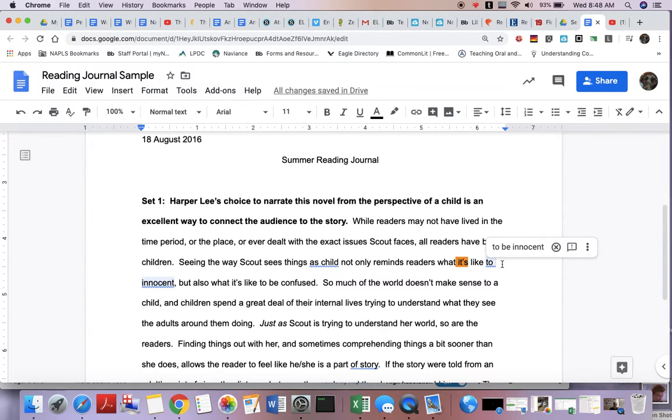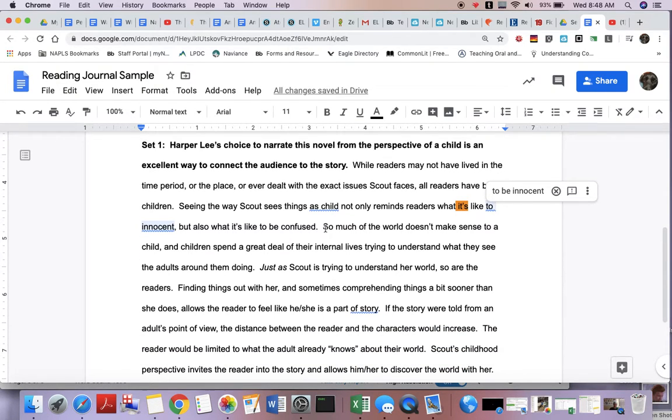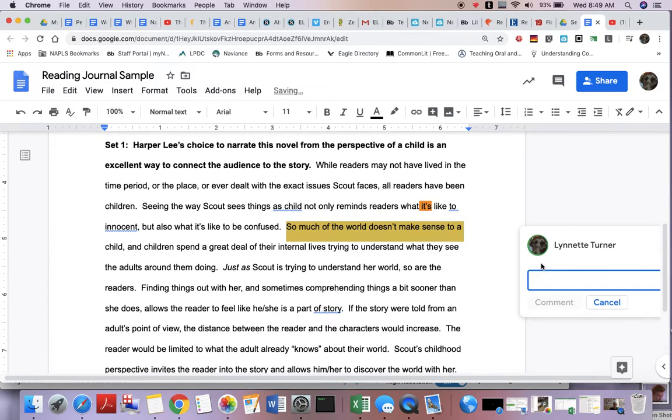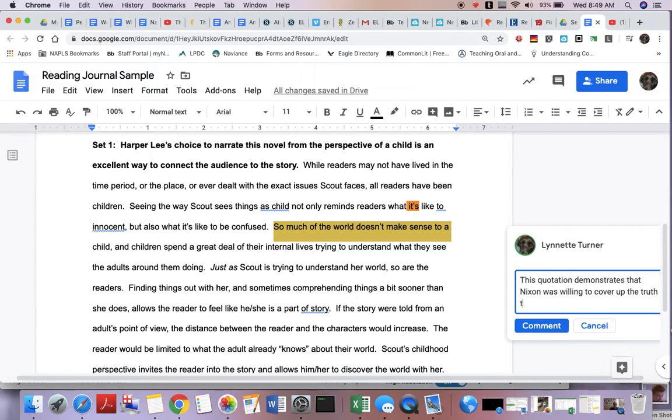Evidence and elaboration asks you to use the insert comment feature to explain how the evidence is effective in the essay. So again, you're going to start with highlighting, and you'll see over here on the right hand of your screen that whenever you highlight anything, Docs pops up the little comment button. All you have to do is click add a comment, and that will give you some space to write. And you can say, this quotation demonstrates that Nixon was willing to cover up the truth to preserve